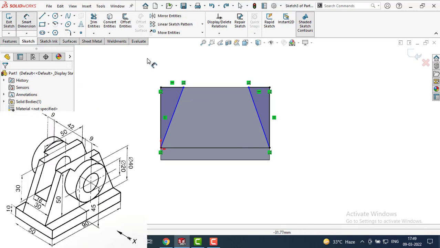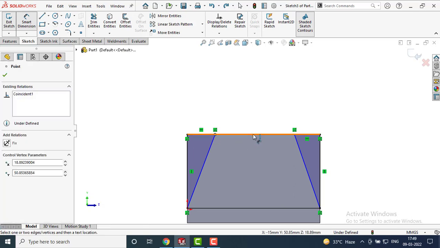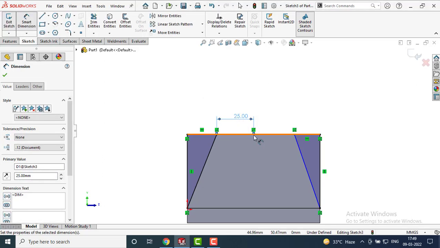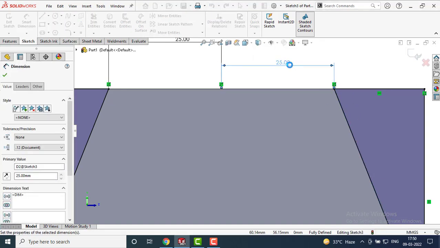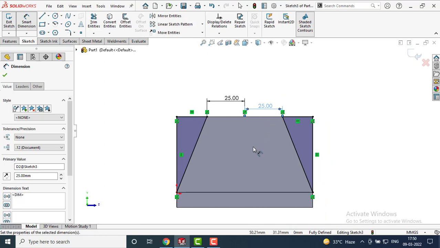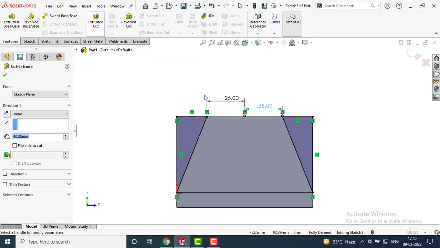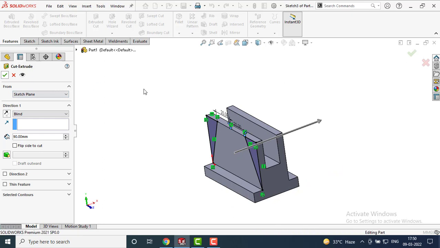So click on smart dimensioning. The distance between these 2 points should be 25 mm. Now again go to features, select extruded cut this time and click OK.